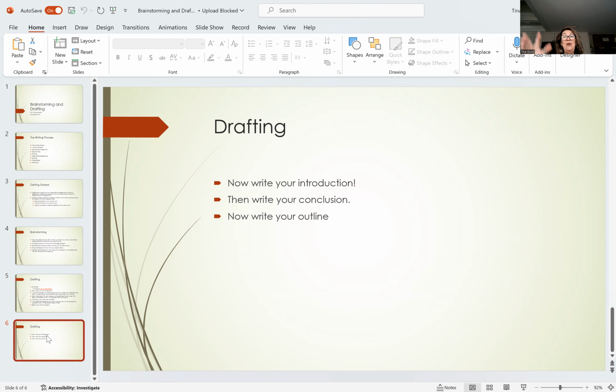Then once you come to the end of your drafting process, now I want you to go back and write your introduction, right? And we'll talk more about how to write an introduction later on. But it's the basic things. You want to be attention getting, you want to state your main point, right? So just try to go back then after you've drafted and go, okay, now I need to start focusing my paper. Now you can write your